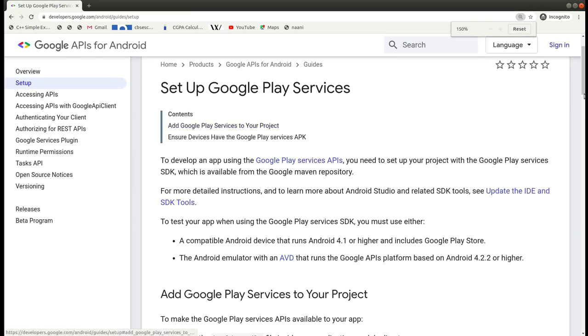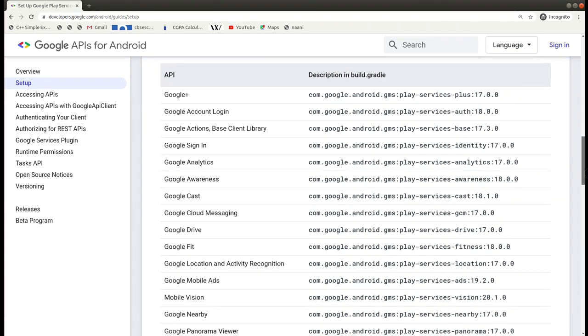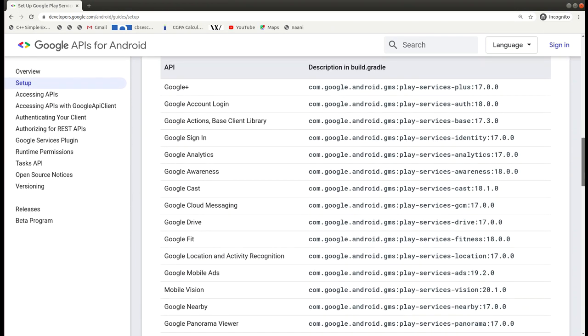Just scroll down, and in Table 1 you will be able to find the needed dependency, that is Google location and activity recognition. After that, you just have to copy this dependency from here,